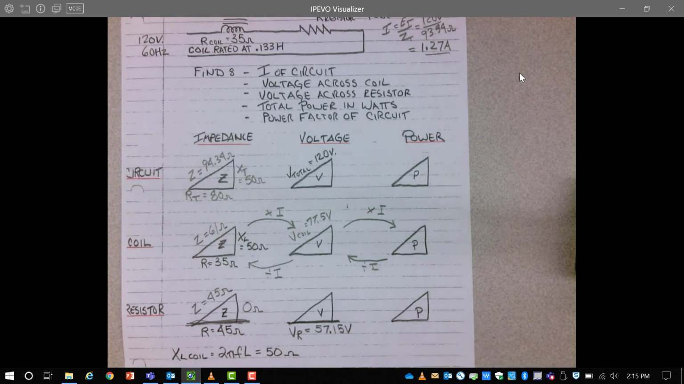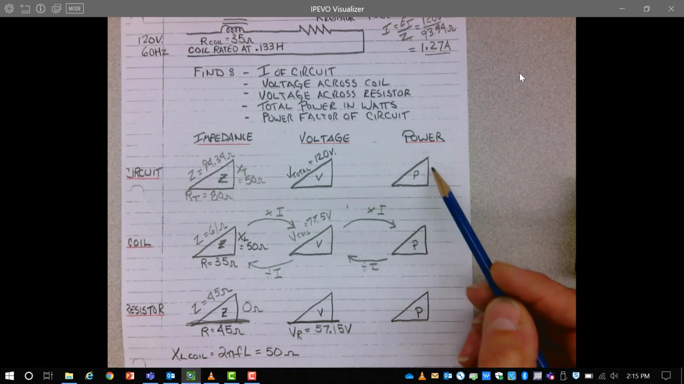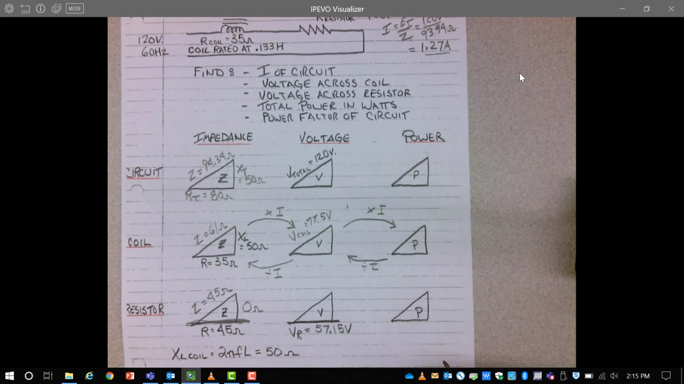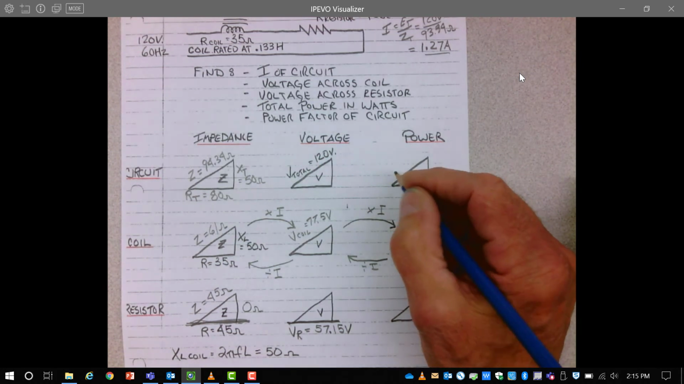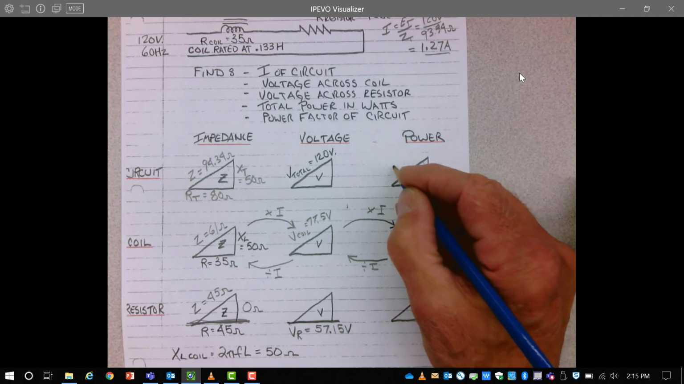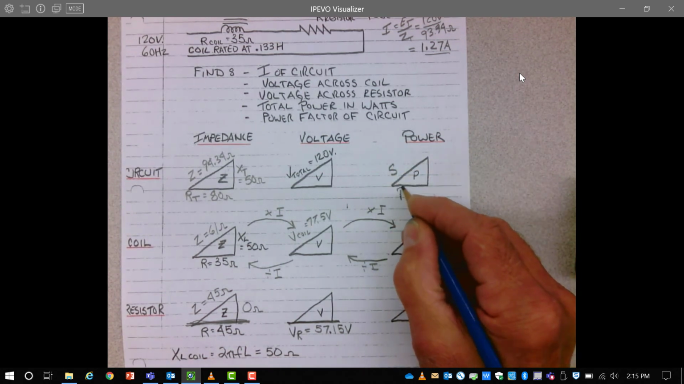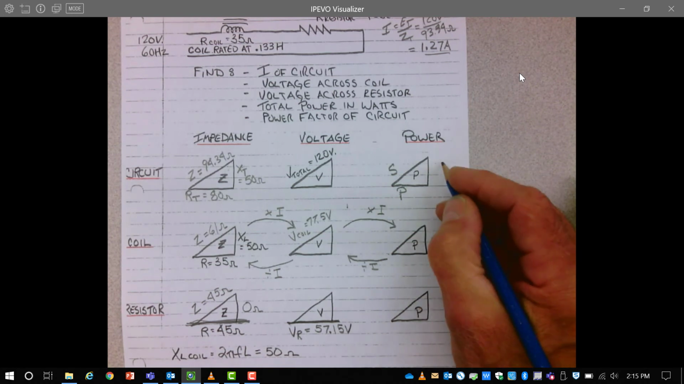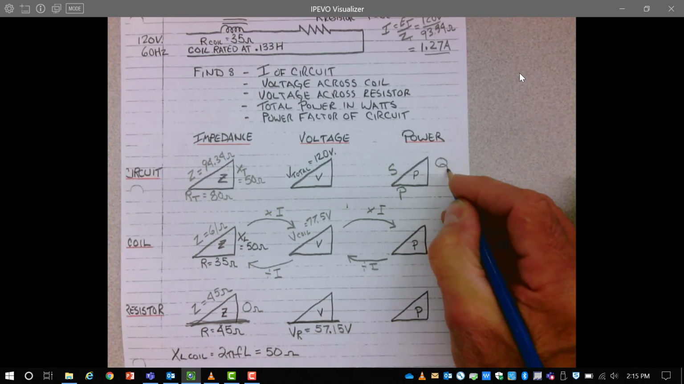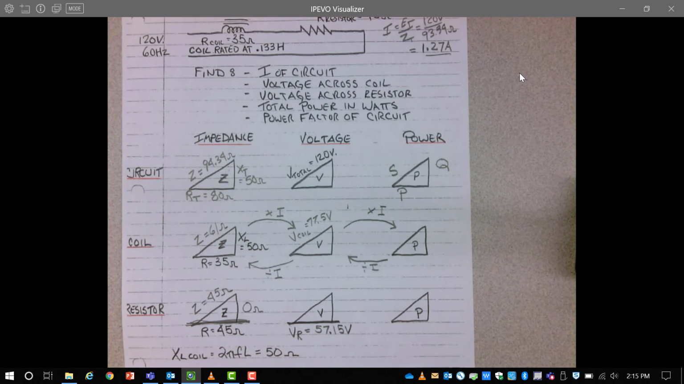The total power in watts of the circuit. For that, we want to use our power triangle. The three sides of the power triangle, of course, are: apparent power is the hypotenuse, true power is the horizontal side, reactive power is the vertical side. We are looking for the true power of the circuit, or the P side, and